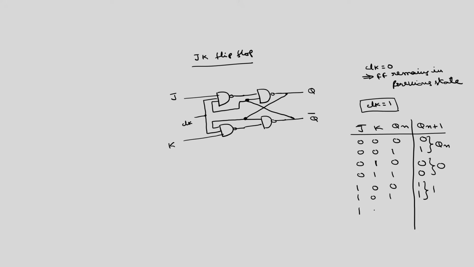So, the problem was with 1 1. Now I will take 1 1 0. What will be the output? In case of SR flip flop, this condition is not allowed, whereas in JK flip flop this condition is allowed. Now, what will be the output? Clock is equal to 1, J is equal to 1, K is equal to 1, and the previous state Q I am assuming as 0. So, this Q bar is equal to 1. So, this is 0, this is 0, because this is 1 1 and this is 0, giving 0 0 0, and these two are 1 1.